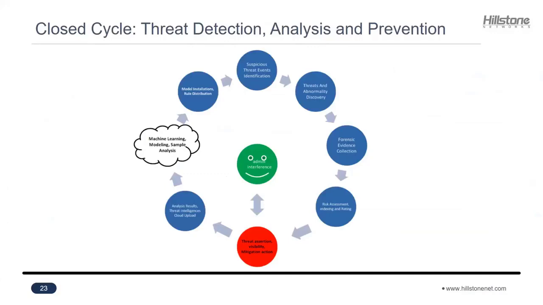So again, the prevention and detection mechanism also needs to follow this attacking progress and form a closed loop, meaning from detection to forensic evidencing, to visibility providing, to threat hunting, and at the end to mitigate all these threat attacks, and also update in collaboration with the cloud, update multiple geolocations to prevent further attacks